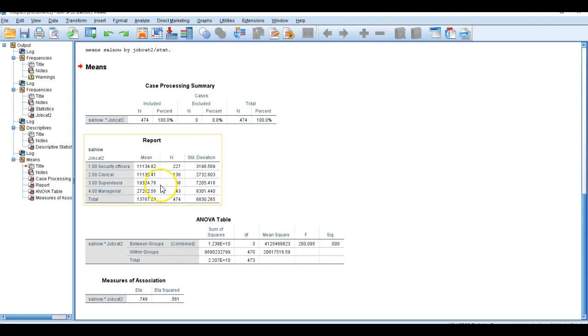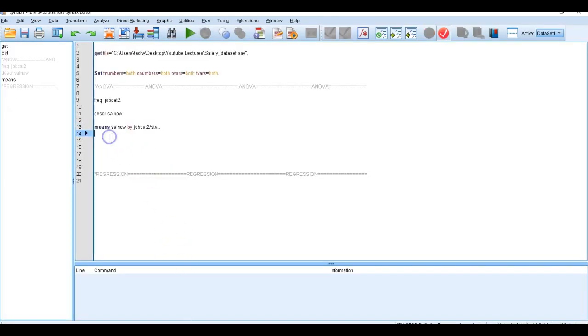So we can also get this ANOVA table if we enter this command: one way, salary sal now by job cat 2. If we run this,